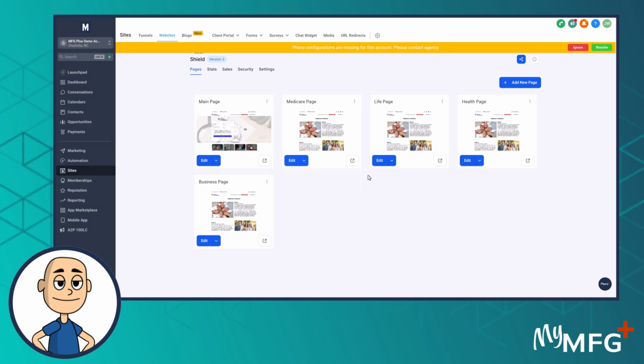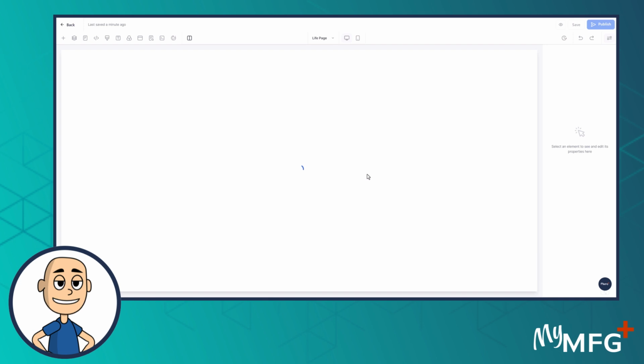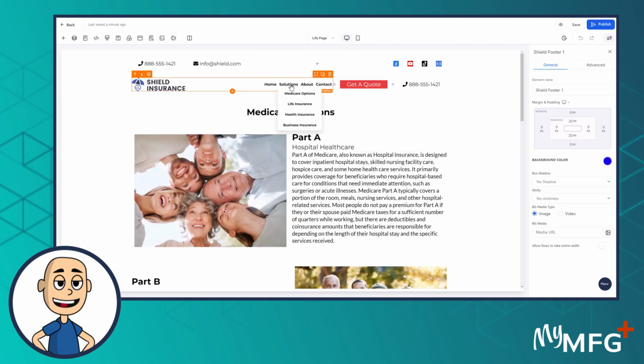Okay, so now we've got 5 pages. Obviously, we still need to change out the content on these other pages, but at least the placeholders are in place, right? We've got the placeholders there. So now we know that we can go ahead and fix this